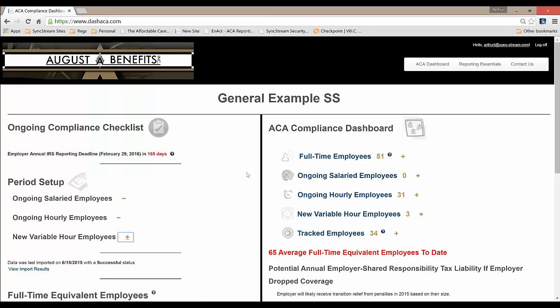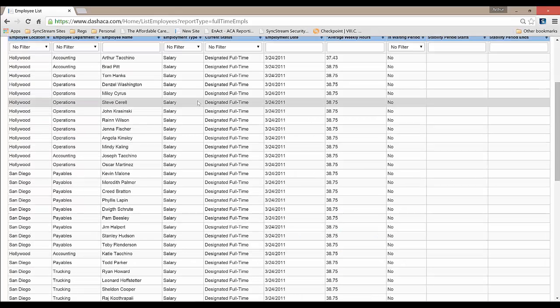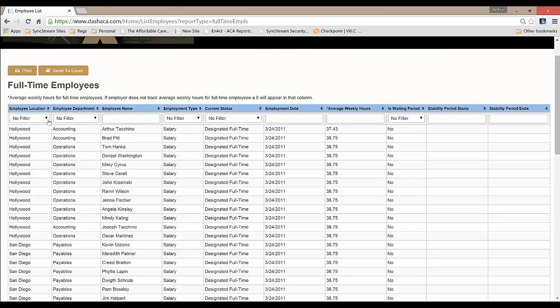So if I click on full-time employees, I can see a list of my full-time employees within the system. You can see their location, their department, things like their employment type, are they hourly or salary, their employment date, the actual average weekly hours of service that they're working. And there are two types of full-time employees in our system. There are what we call designated full-time. This is someone, as Todd mentioned, at the time of hire, you know that they're going to be full-time. You know they're going to work 30 or more hours a week, and they are not going to go through